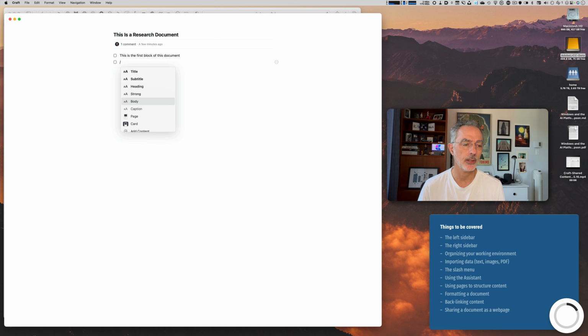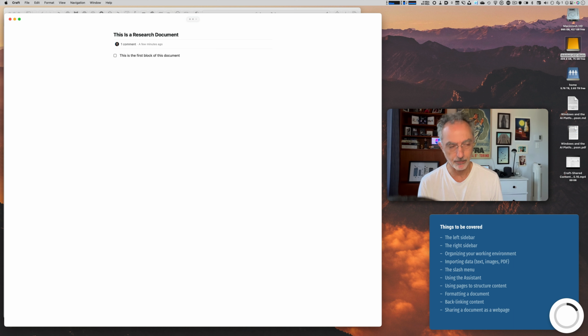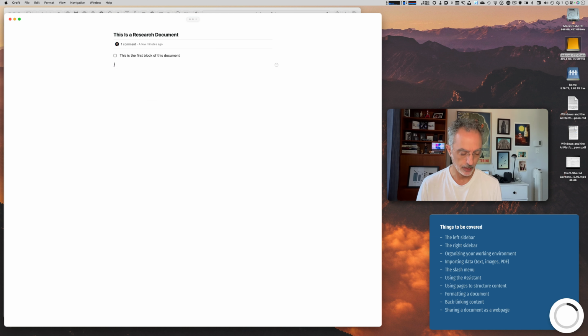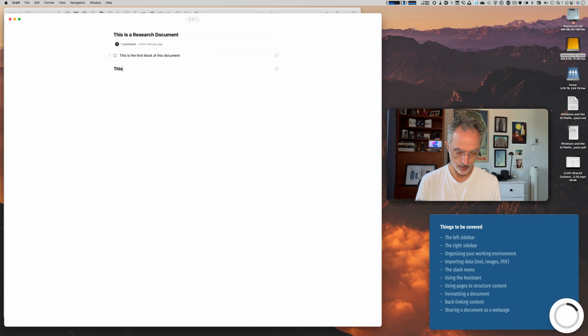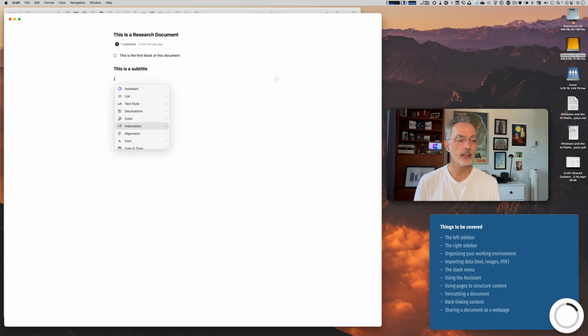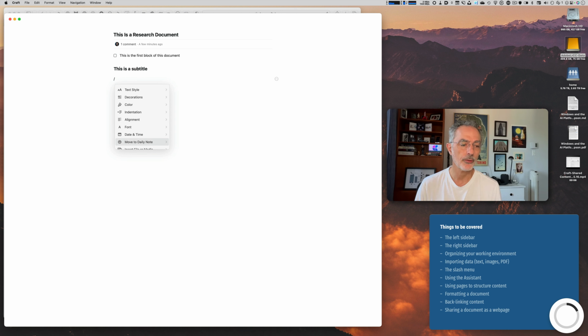For that, if I do that, I'm still in the to-do list checkbox. So I'll type backspace, and then I invoke again this menu. I can select a few styling. If I want to do a subtitle, this is a subtitle, enter, slash. So as you can see, there's a lot of things that you can do from this